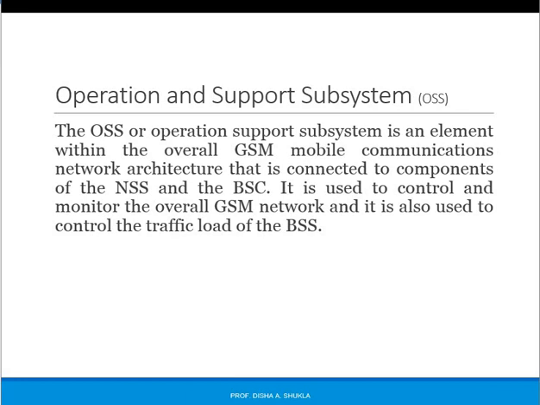Now this is a very important question that has been asked almost every year, and you need to be very much aware of it. You are supposed to draw the whole diagram first such that you can differentiate the mobile systems, that is the MS, the NSS, the OSS and the BSC. And then you are supposed to explain each and every part, mentioning the sub parts of it, that is the HLR, the VLR, EIR, AUC, the MS, the BSC, the BTS, etc. And this way the whole question ends.